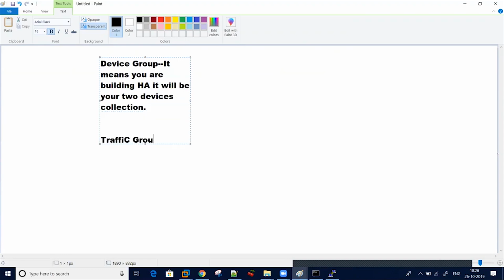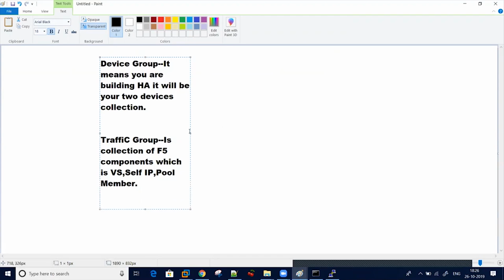What exactly is a traffic group? A traffic group is a collection of F5 components, which are the virtual server, self IP, pool members, profiles, all are part of your traffic group.